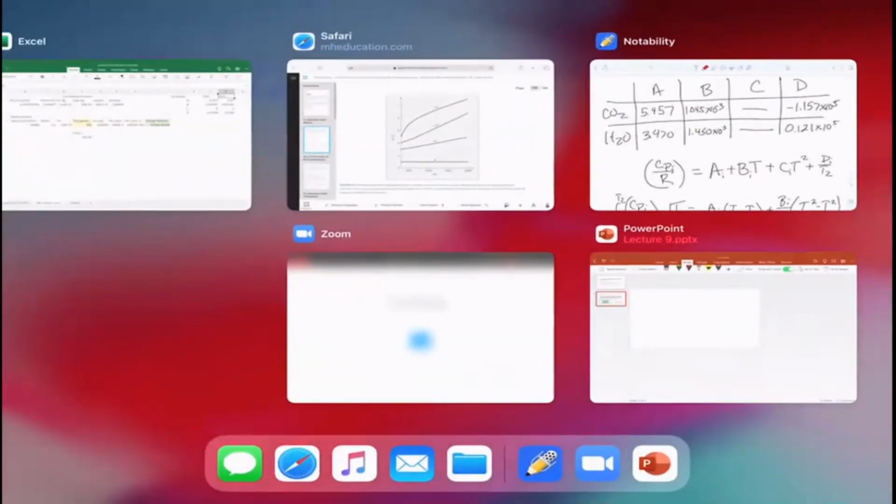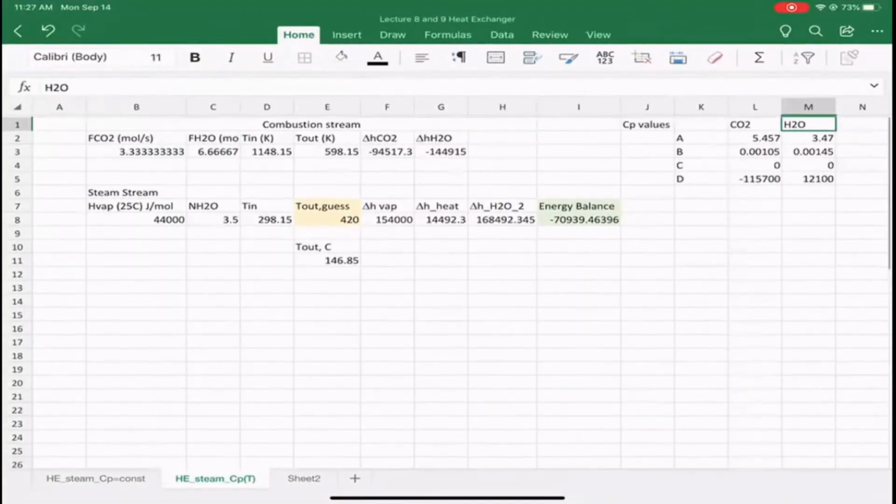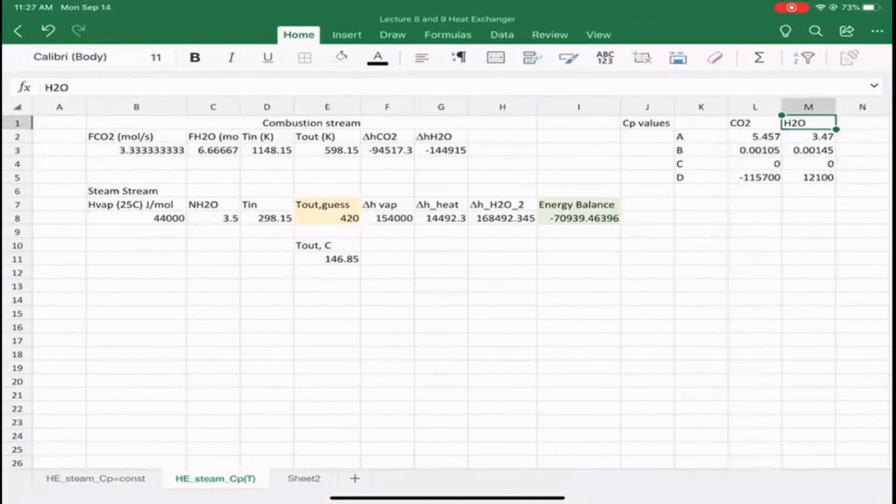All right, so let's pull up Excel, which I already did. All right, so here's my Excel spreadsheet. And what I've done is our green stream, right, which is the combustion effluent, is at the top here, where I have the molar flow rate of CO2. I have the molar flow rate of water. I have the inlet temperature, the outlet temperature, and then I simply have two